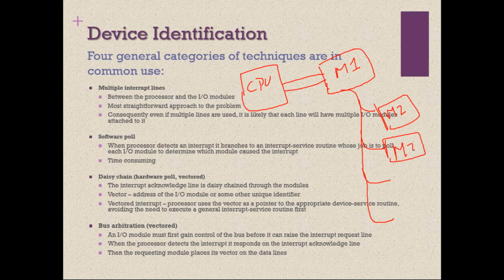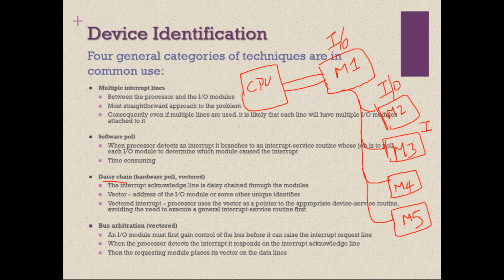So M3 is another IO module, M4 is another IO module, but all these are in turn connected with M1. This chain may go for any length. There is no restriction on that. IO module 1 is connected directly, but IO modules 2, 3, 4 and 5 are all daisy chained. This concept is called daisy chain.